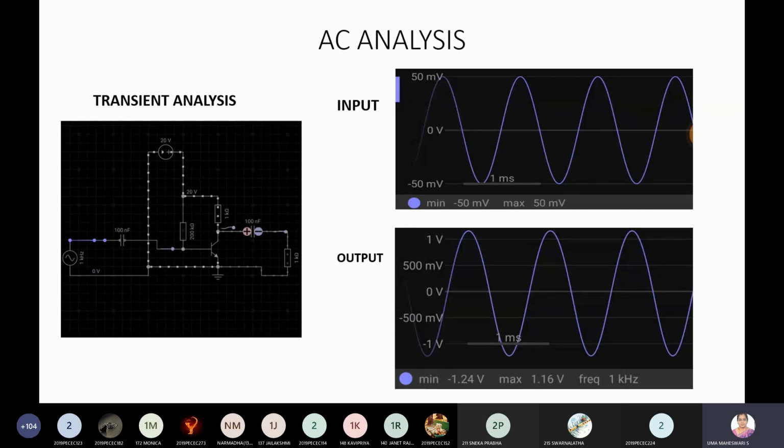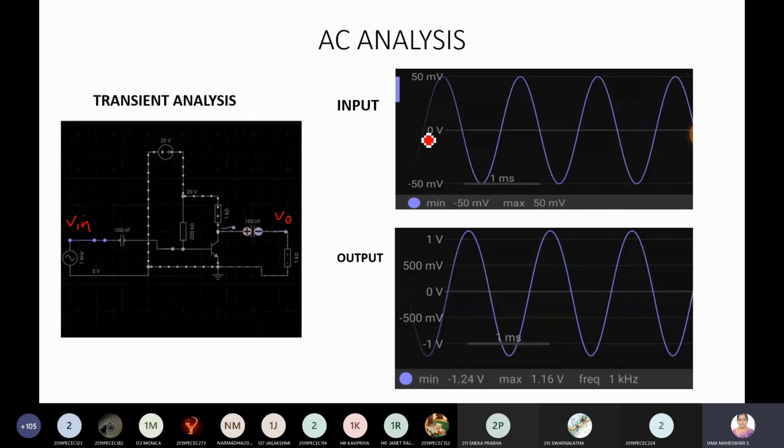And the next type of analysis which you're going to do under AC analysis is called transient analysis. What do you mean by transient analysis? Analysis with respect to what? Time. Okay, so here what I'm going to do is give the input signal through a function generator, through a blocking capacitor. It goes to the base of the transistor. Then from the collector through a coupling capacitor, I'm terminating the circuit with a load resistance RL, and here I am going to see my output voltage. So this is your input voltage and this is your output voltage.